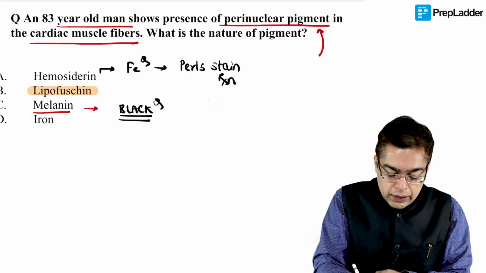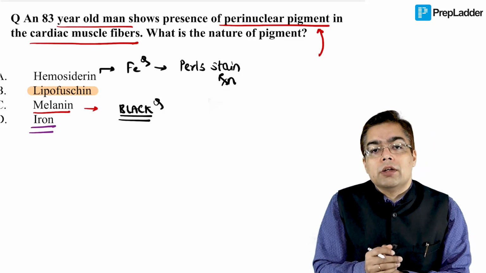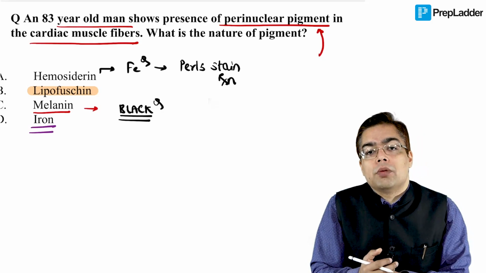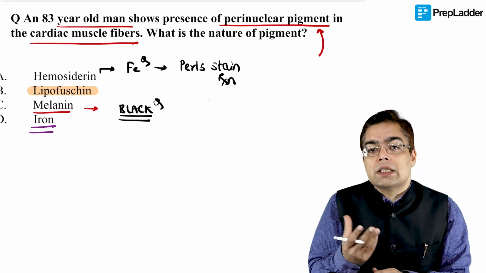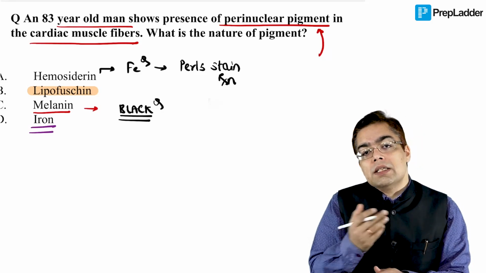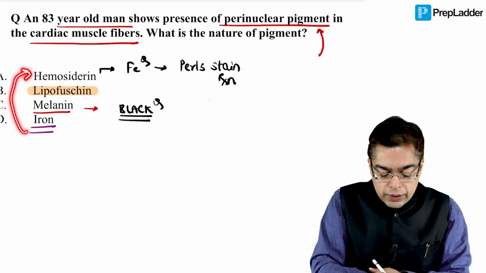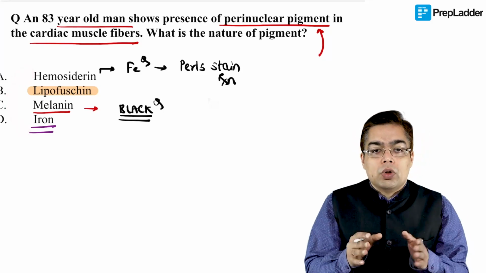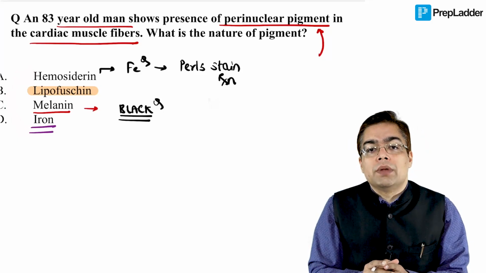When we are talking about something like iron, obviously iron is going to be stored in the body, not in the free form, because it can result in the formation of free radicals. So it has to be converted into something like ferritin. That's an exam question for you. And then this ferritin is subsequently going to get converted into the pigment which is going to be given the name of hemosiderin. What is not mentioned over here, and a very, very important high yield pigment for your exam, happens to be something like calcium.